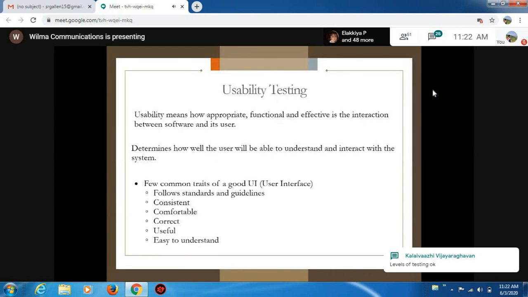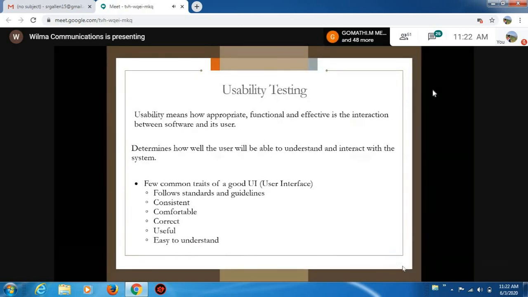Most of the time, whenever we are developing an application, we are not noticing the usability concept, the user-friendly concept. You may notice that whenever you go to any shopping mall, there will be directions given, like the exit directions. When you go, like what type of foods are available, they will give you specific names on a name board. You are able to see the name boards and everything.